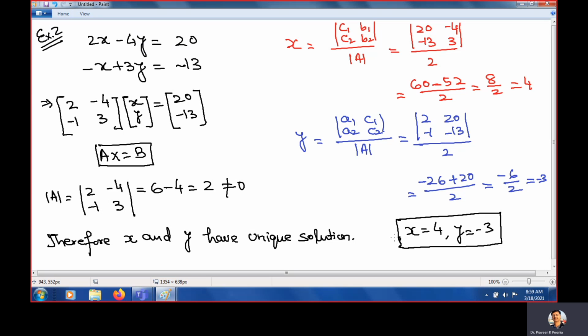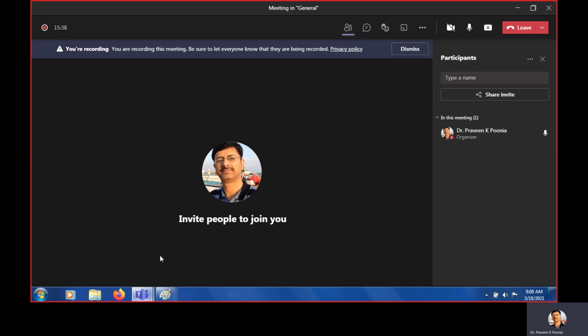This is the solution. So the questions using Cramer's rule are very easy. It is not very difficult. Clear? One thing you need to remember, whenever equations are given and they are not specifying the method name, you can use any method. Clear? Then this method is very easy. But if method name is given, then you have to use that method.